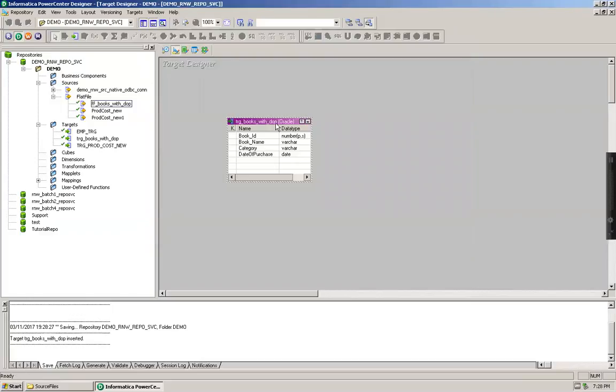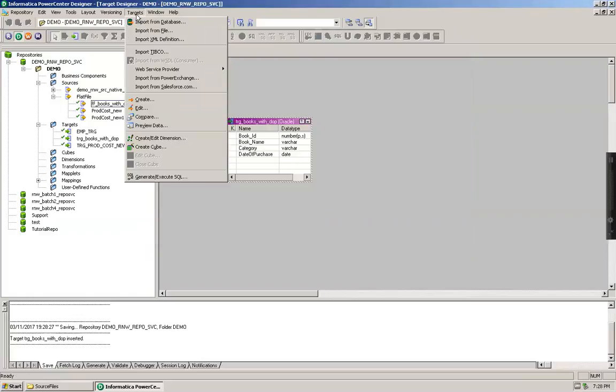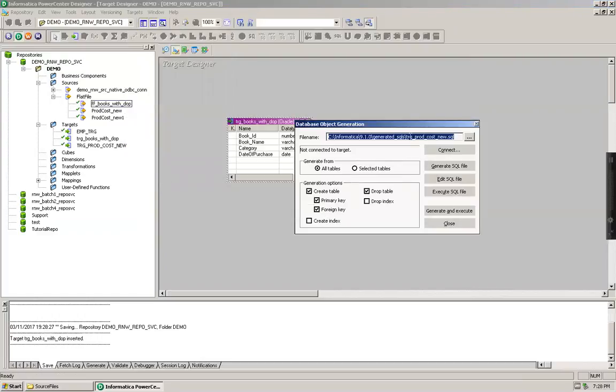Save this, and let me create this table on my target database. For that, I'm going to Generate. Let me name this books with DOP.